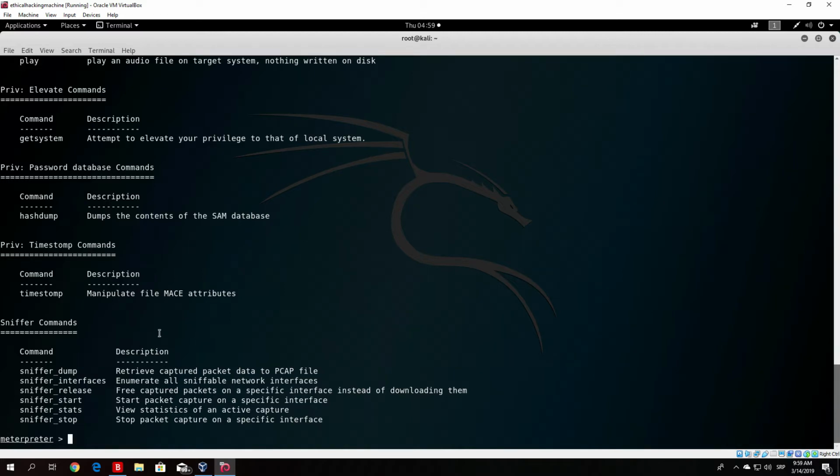Now, before we begin the sniffing, we actually want to see the available network interfaces on the target. So if we just type here sniffer_interfaces,